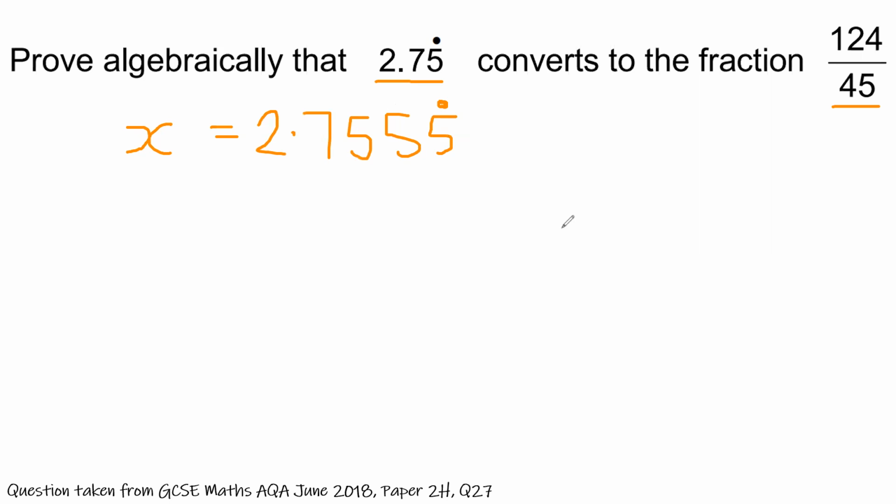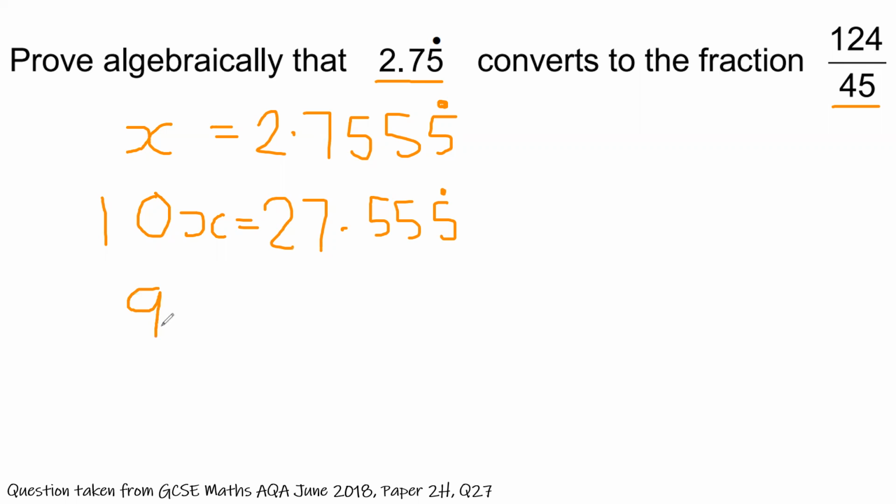So then what we can do is say that 10x is just this times by 10. So if we times this by 10, we're going to end up with 27.555 recurring. So again, I put three fives, and then we've got the dot. So hopefully you can see where we're going with this now: if we subtract one from the other, we're going to essentially get rid of that horrible recurring bit. So if we now work out what 9x is, i.e. 10x subtract 1x, we're going to end up doing